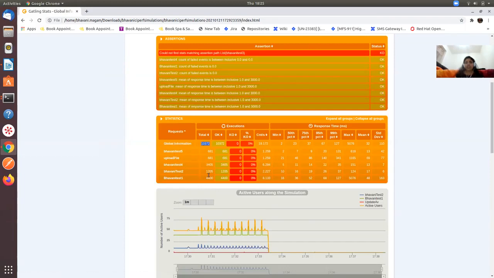Here is the global information. You made 10,372 requests in total, and all of them are successful and zero failed. It also shows the failures that you had in the performance run, and the counts per second. So how many total requests you made to your application: I have made 19.172 requests per second, which is nearly 19 requests per second, and my minimum response